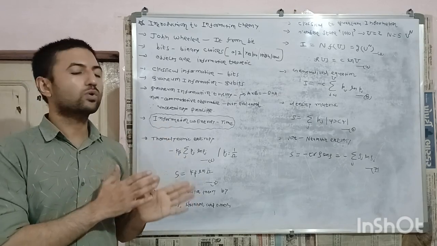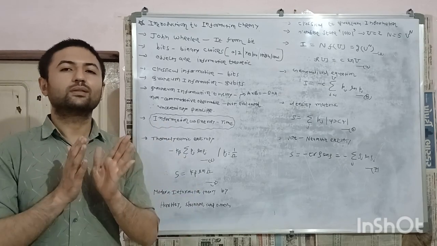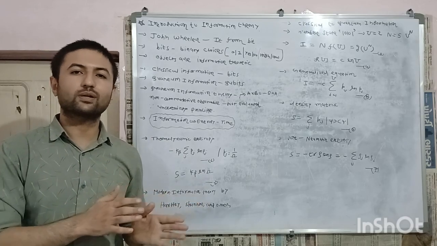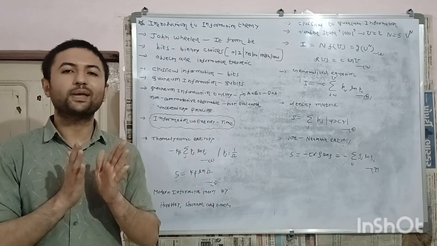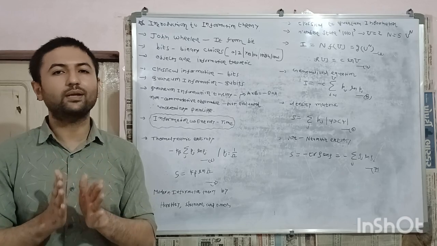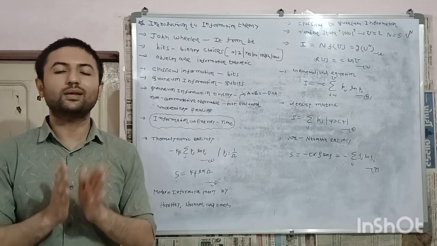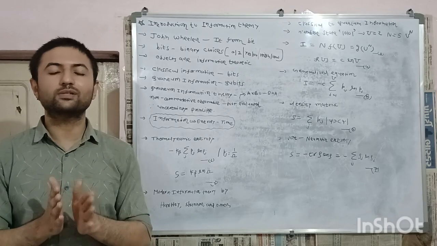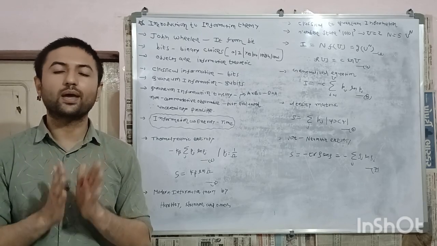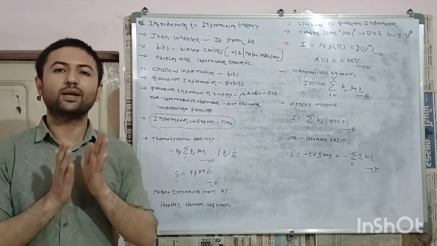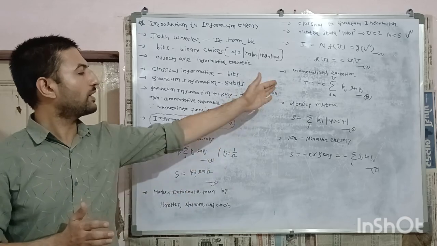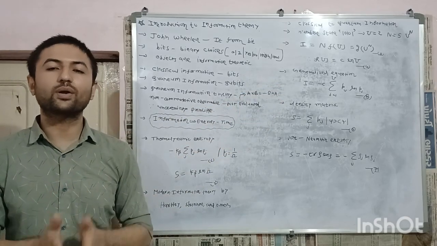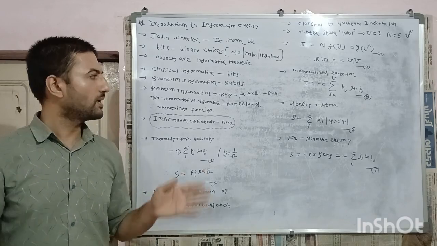The physical significance of this equation is that it gives entropy in terms of information, which is missed information or incomplete information, because in nature no system has zero entropy. That is why we cannot have complete information of any system. So this equation defines entropy as missed information or incomplete information.